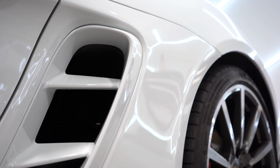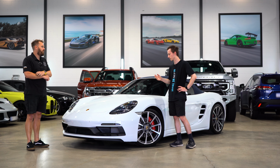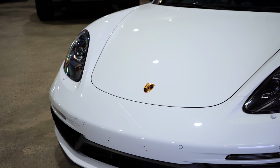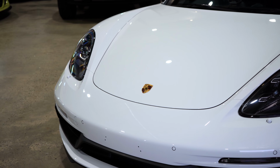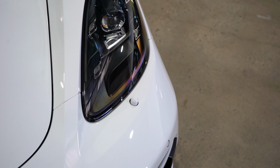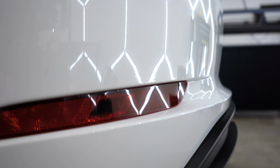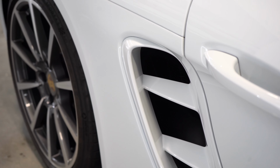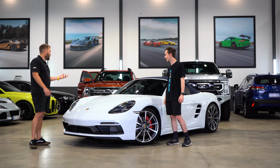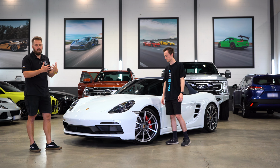Like that's something I was saying before as well, even just the quality of a top tier film like what XPEL offers is so much better than whatever the film that was on it before. It's so much glossier, it enhances the factory color of the paint so much better, so much more natural. Plus it's got the coating inbuilt into it, so we didn't have to coat this film. It's already impregnated into the